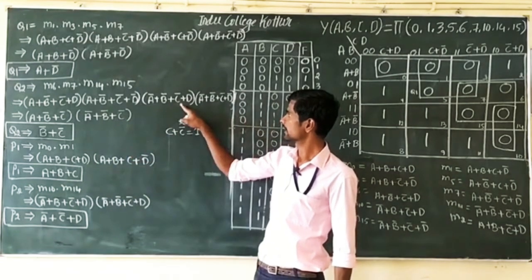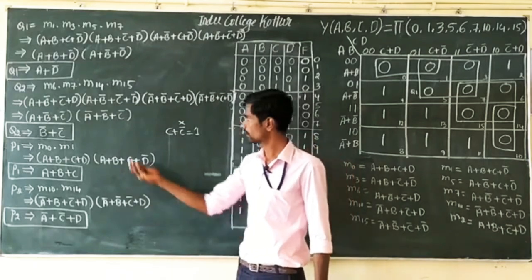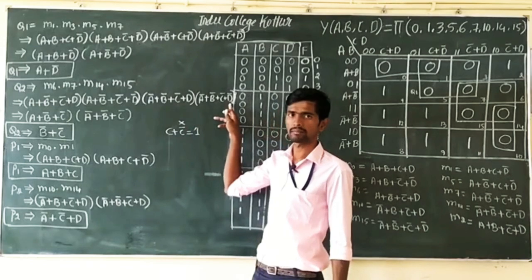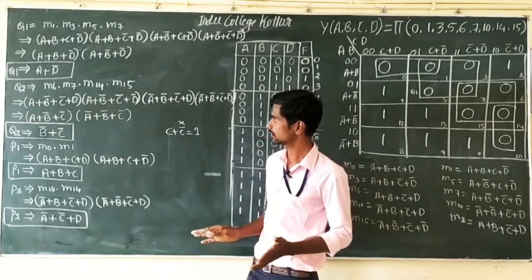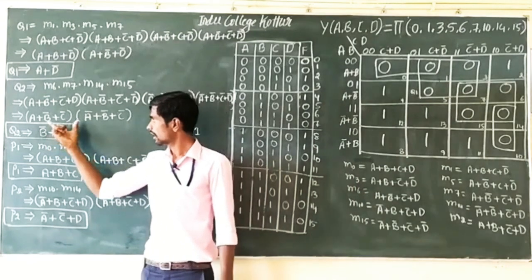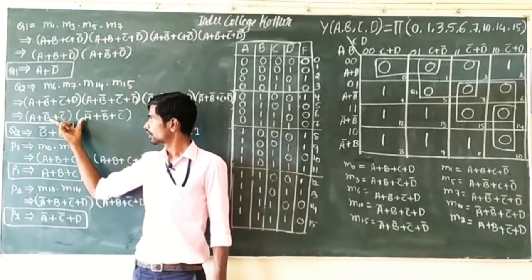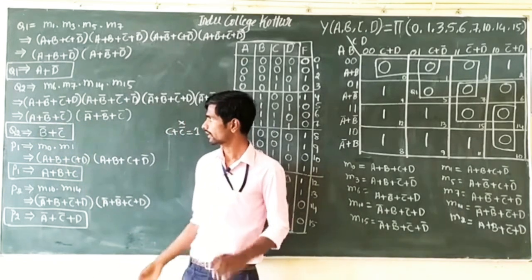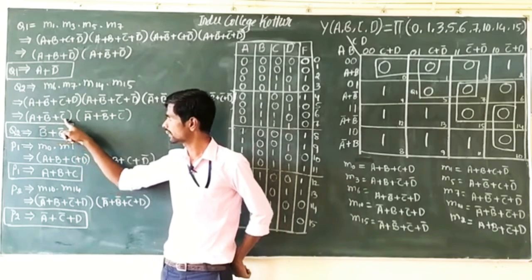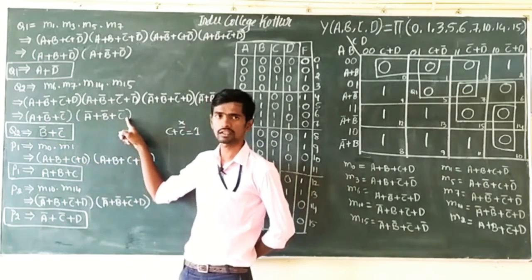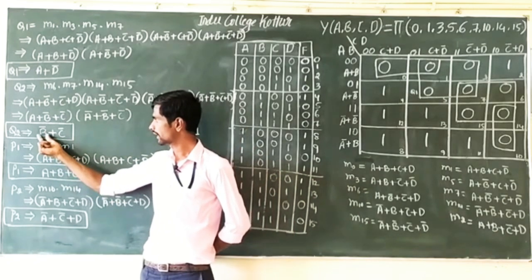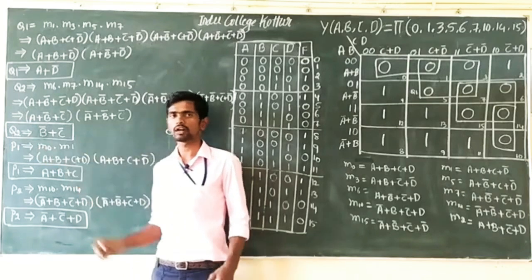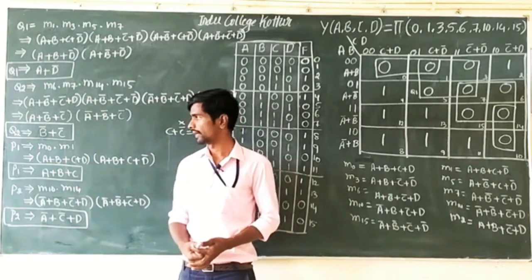Next, here is a C complement, here is a C complement, we can write C complement. Here D, here is a D complement, it is different, so we can remove it. Next, again we can reduce the two expressions. Here is A, here is A complement, it means we can ignore it. Next B complement plus C complement, here is also B complement plus C complement, it means we can write B complement plus C complement. Easily we can get a quad 2 value, B complement plus C complement.